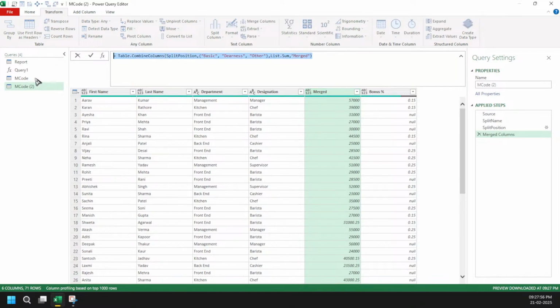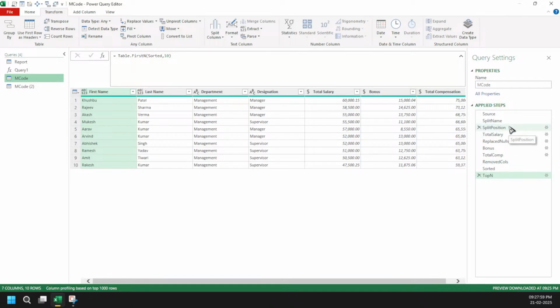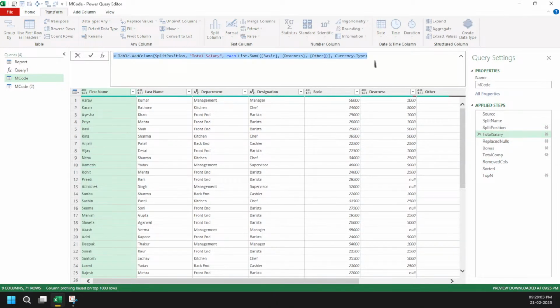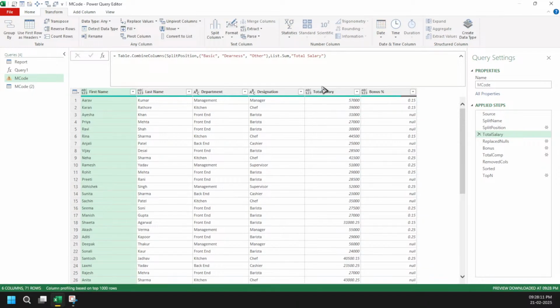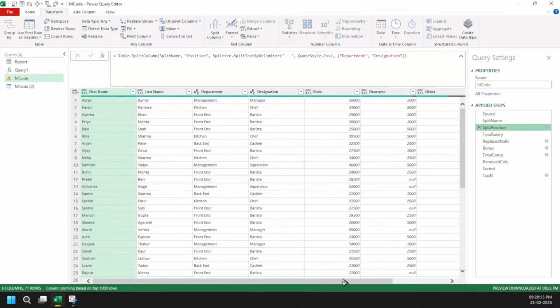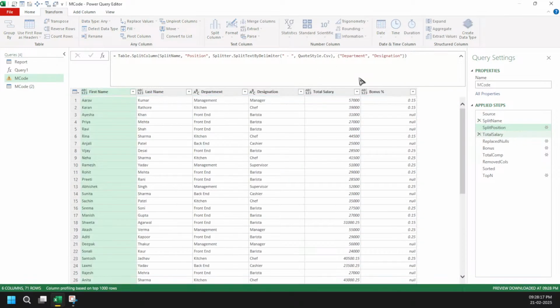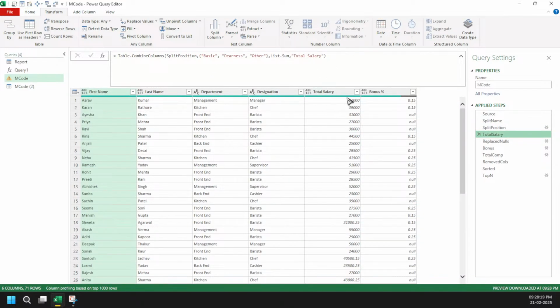I'm going to copy here, and here what I did was I calculated my total salary, right? So I'm coming here, Table.Combine, and here I'm going to say total salary. And now just see here. Earlier there were many columns, right? Now I have got everything combined in just one thing, right?